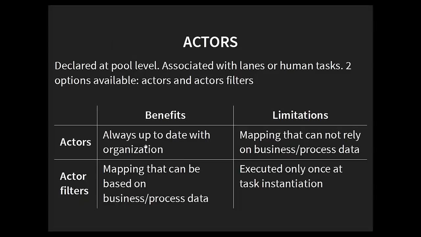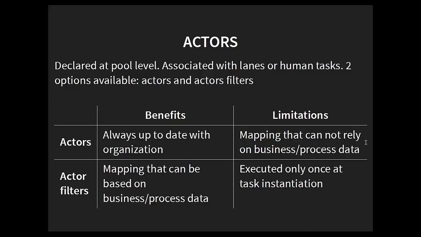the presentation, I was saying that basically the main benefit of the actor is to always have this link with the organization up to date. So if you change information in the users or in the groups, maybe a user is not a member of a specific group anymore, then you will see that when we use actor, it will be reflected directly up to date. The limitation is that obviously it cannot rely on too much dynamic data. So we cannot rely on the context of the process itself. If you have some variables, for example, we cannot make a specific rule that will be based on the context that is really specific to this process instance.